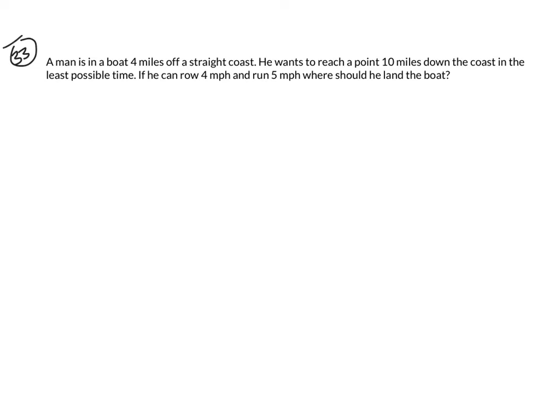And it says a man is in a boat 4 miles off a straight coast. He wants to reach a point 10 miles down the coast in the least possible time. If he can row 4 miles per hour and run at 5 miles per hour, where should he land the boat? So basically your situation here is you got a stream,